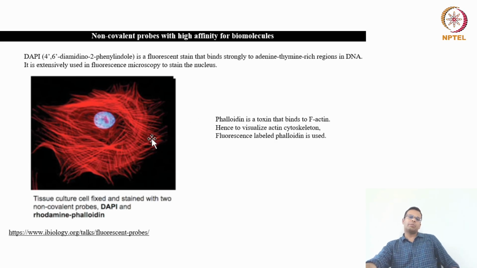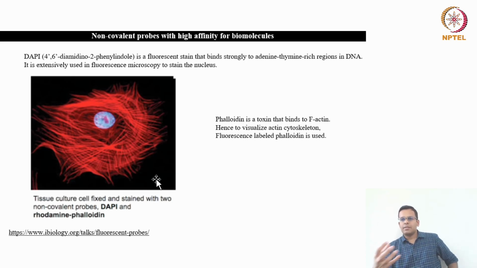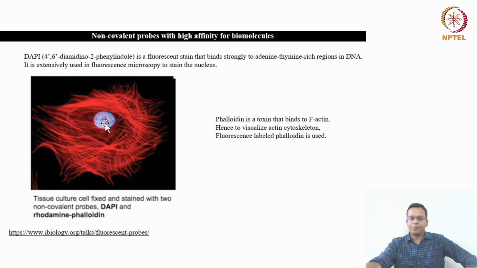So in most of the microscopy images, you will see that the nucleus is stained in blue color with a dye known as DAPI. Okay, so you just add that DAPI to the cell culture or on the fixed cells, and it will bind to your AT-rich region in the DNA, and it gives blue color fluorescence. So this dye is used as a marker for nucleus or marker for DNA.